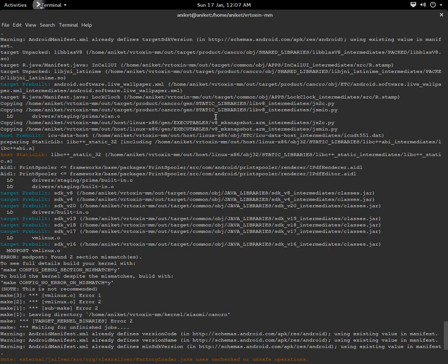Hello guys, Aniket here. In this video I'm going to show you how to get rid of the make config debug section mismatch error while you're building a ROM. This error usually happens when you have defined the ROM and kernel TCs in a board config.mk. There are basically two options. You just have to remove them from your board config.mk,